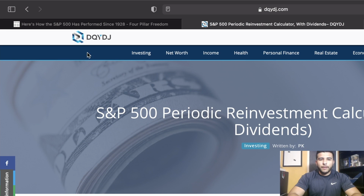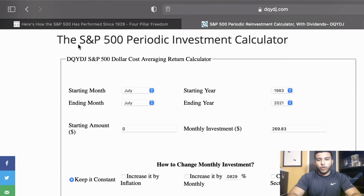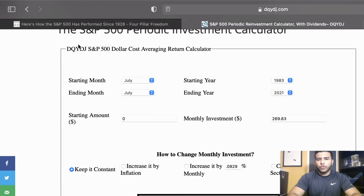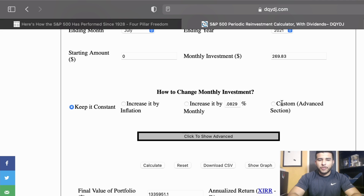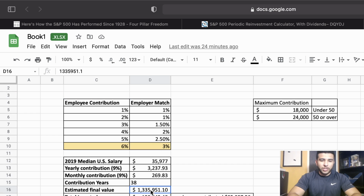I'm going to be using this calculator right here to project what the final portfolio value will be at 59.5 when we start investing at 21. This just uses historicals and assumes that you'll reinvest those dividends in your retirement account and gives you your final portfolio value. So if we use 1983 to 2021 and invest $269.83 a month, our final portfolio value will be this right here, and that is the same that we have over here,